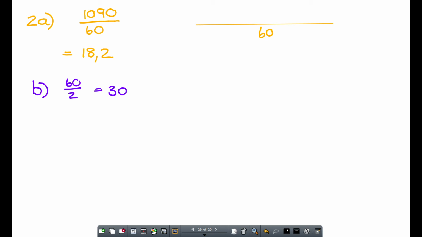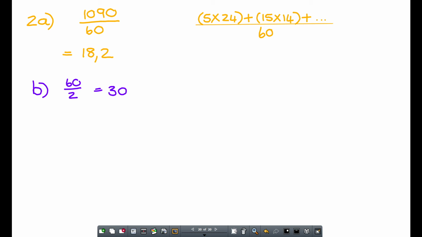So ek gaan eers gou die middelpunt van elke klas gaan kry. Now the first class interval was between 0 and 10, so the midpoint there would be 5, and I multiply that with a frequency of 24. Add to that, midpoint of the next class would be 15, and I multiply that with a frequency of 14, plus, and then we go on. Jy gaan dit mos nou met elke klas gaan doen. Goed, so if you were to add that up, it's supposed to give you 1090. En hoeveel atlete was daar in totaal? 60. So that simplified is going to give me 18,2.